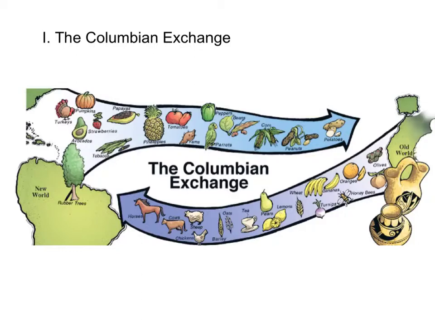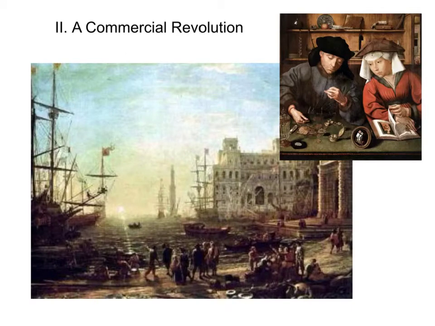So the global population started to explode in about the 1700s, and one of the key causes was the spread of these new foods and crops from America. The Native American population started to decline, though, severely, mainly because of European diseases. The commercial revolution that occurred during this time was a result of the exploration of North and South America. Prices began to rise in Europe because of the huge amount of silver and gold that was coming in from the Americas, and this led to inflation.